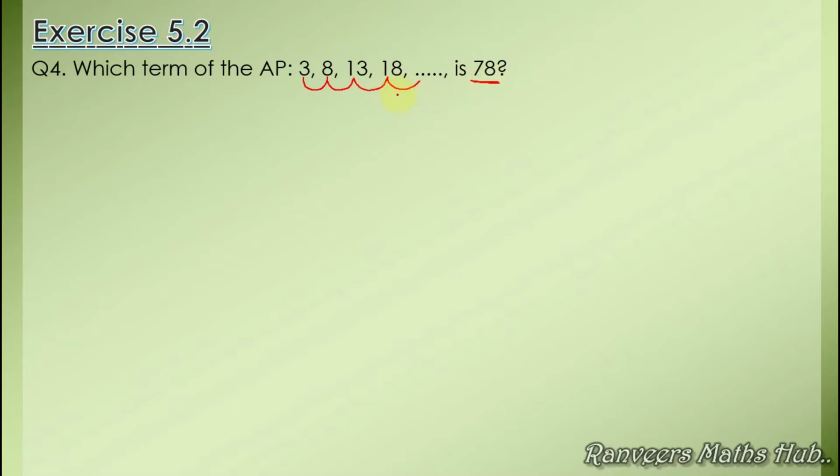यानी ये जो सीक्वेंस है इसमें 78 कौन से नंबर के प्लेस पे आता है? So we have to find the value of n in this case. So for that we have the formula nth term of AP is equal to a plus n minus 1 of d. So here the last term we will take it as 78. Okay, क्योंकि हमको क्या करना है, हमको 78 का प्लेस क्या है, कौन से नंबर पे वो सीक्वेंस में आ रहा है वो चेक करना है.